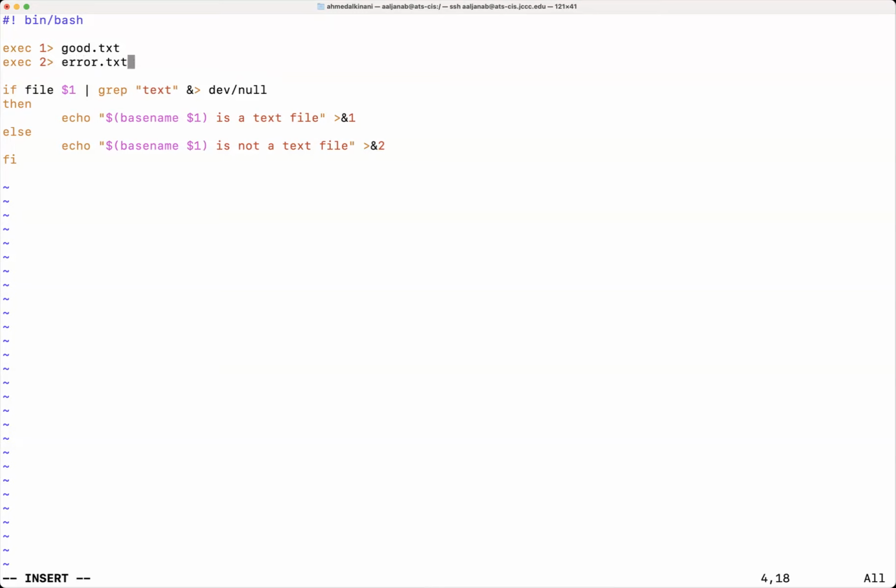Error.txt. So this is something you have to start with. You start at the beginning by writing these commands. That simply means if you have an echo message and you want that echo message to be sent to a file instead of the standard output, then you start with this command here. And if there's an error message and you want to send it to a text file to store the error messages, then you do it this way.